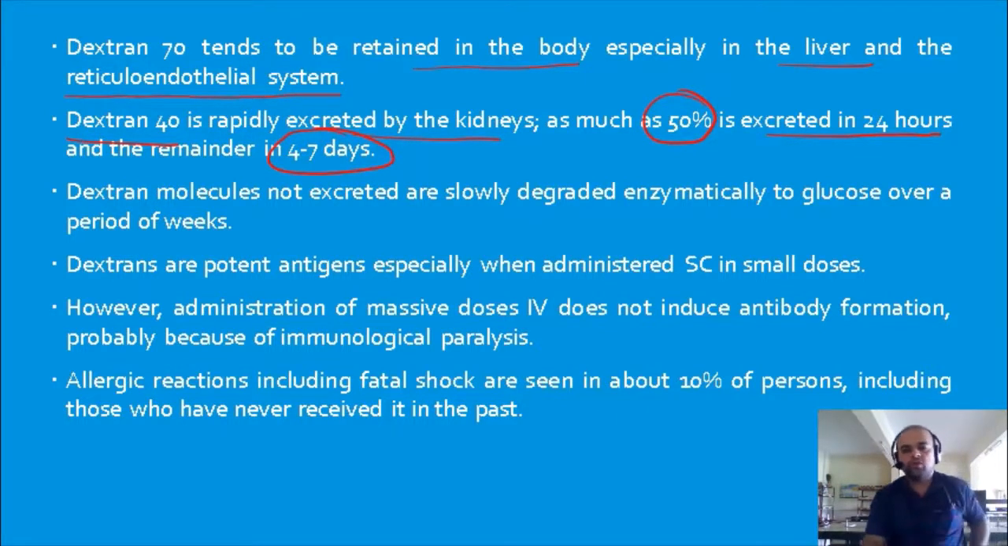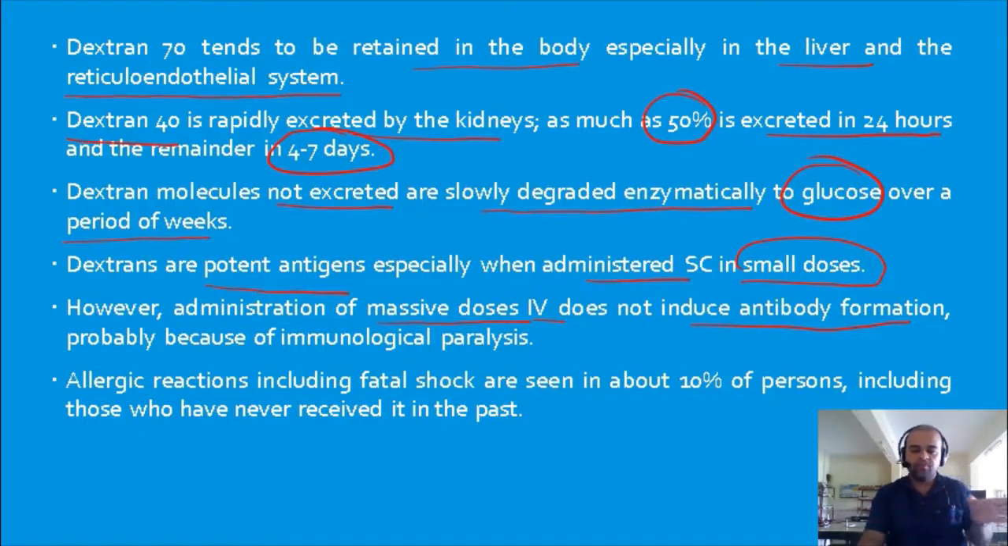So dextran molecules are not excreted; they are slowly degraded enzymatically to glucose over a period of weeks. Dextrans are potent antigens, especially when administered subcutaneously in small doses. However, administration of massive doses through the IV route does not induce antibody formation. So although they don't satisfy the standard, ideal characteristic of a plasma expander, that is, that they should be non-antigenic,